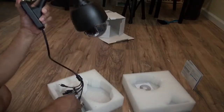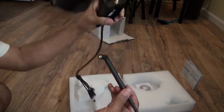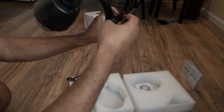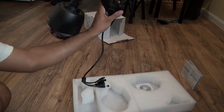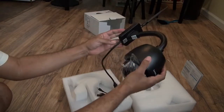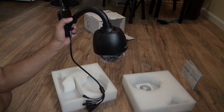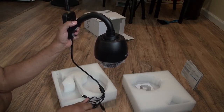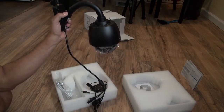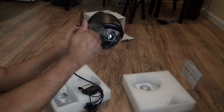This thing is Wi-Fi compatible. So this is the Wi-Fi antenna. It plugs into the back up here like this. So I'm gonna go ahead and go up there like that, and then it pops out like that. And we have this is the power cord. Power cord right here. Ethernet cable, mounting screws, and this is